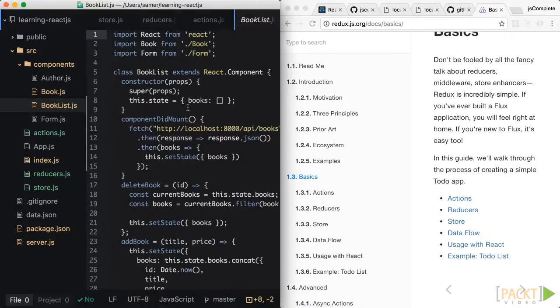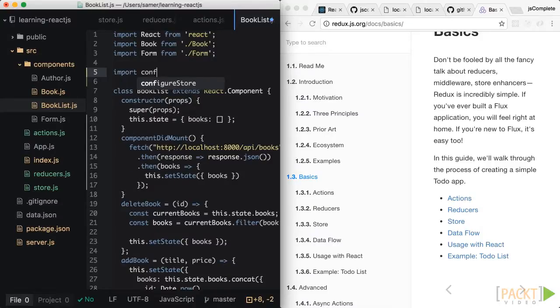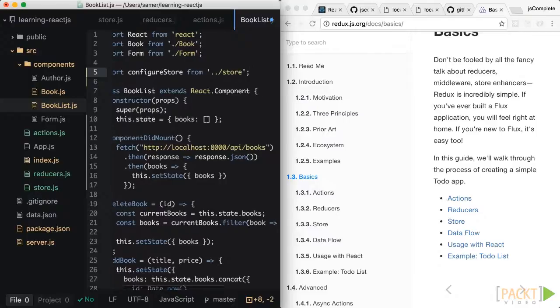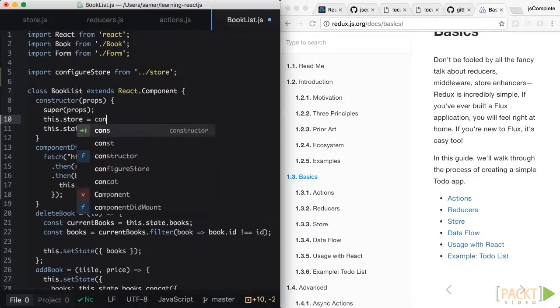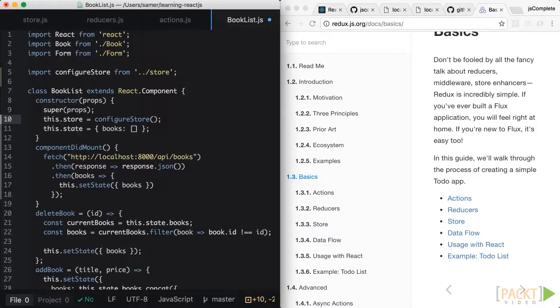So in the BookList component, we're going to import configureStore from our store object, which is up one level. And we're going to go ahead and create a new store and put that store as an instance property on the BookList element that we're using. So we're going to do this.store equal configureStore and call that. And then we always read the state from the Redux store. So we don't do this anymore. We're going to go ahead and read the state directly from the Redux store. So the API is